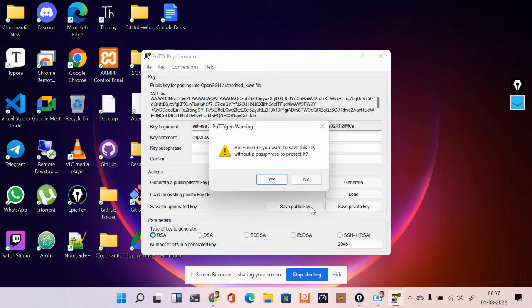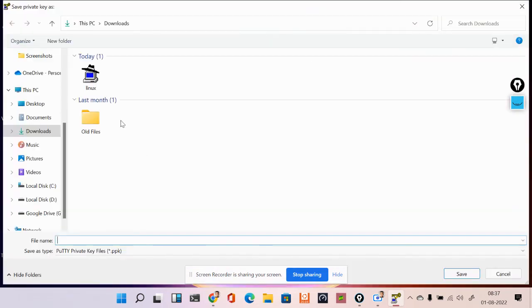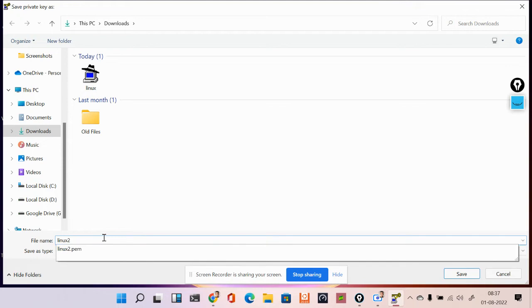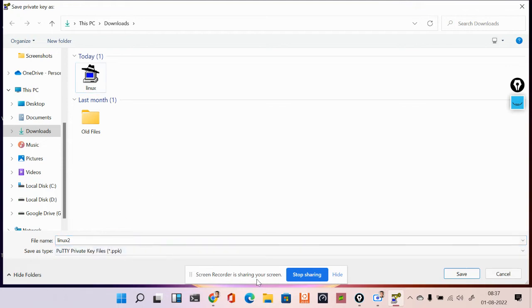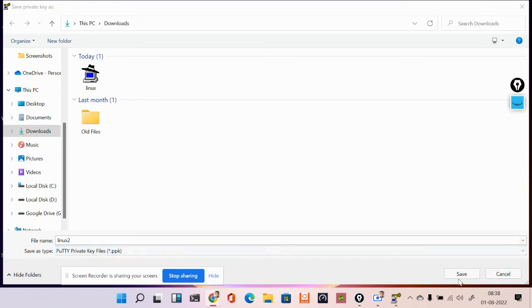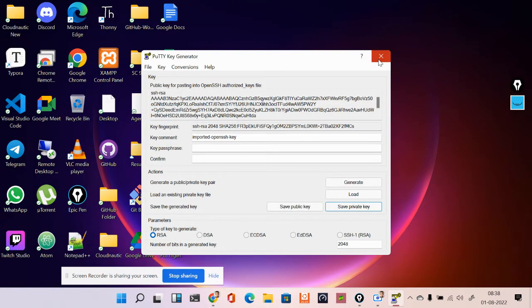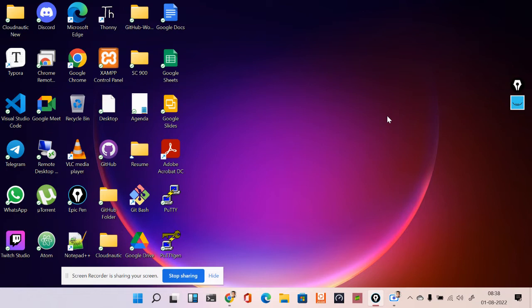Click on Save private key, say yes, save with a proper name and .ppk extension. Now we can provide that .ppk to our instance for SSH connection, and we will get connected to the EC2